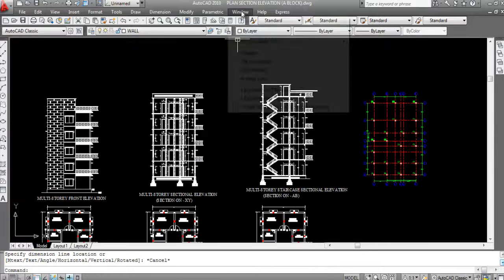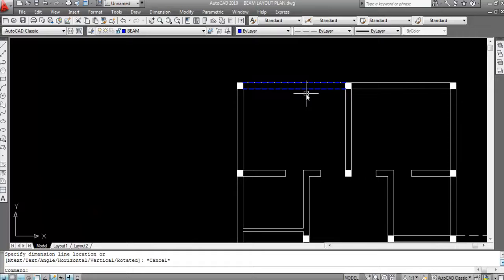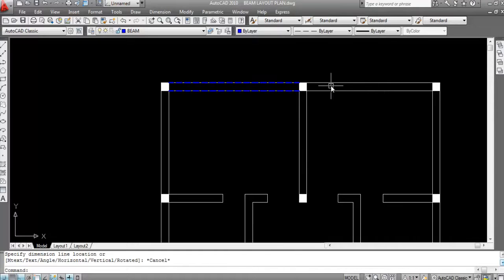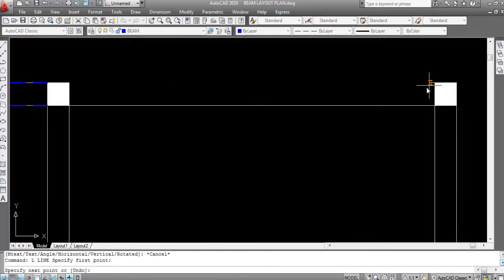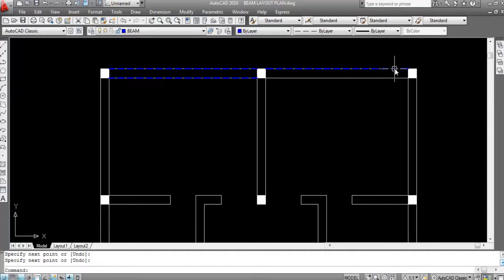Okay, now go back to the beam layout plan. So this beam is created by connecting these two columns. Now I'll create this beam. So I'll enter. Now specify first point here and second point here. Okay. Now give offset